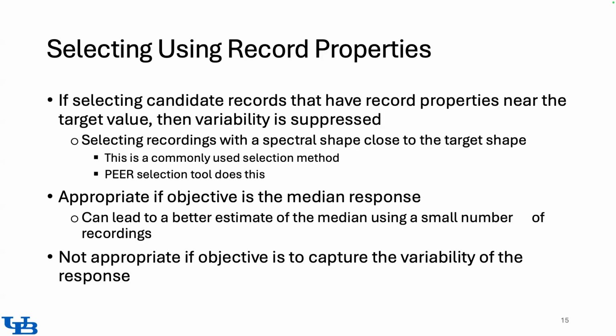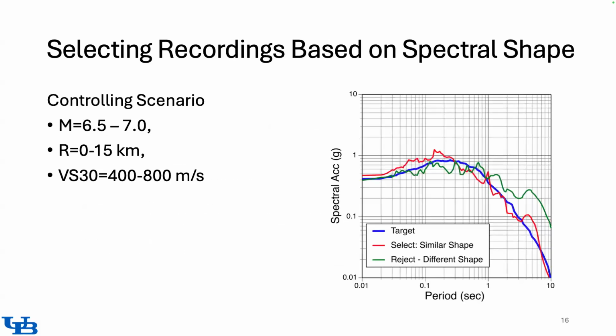Okay, so then since we are already selecting time series based on the spectral shape, someone may ask why simply scale the time series by a factor, and why not modify it slightly so that its frequency content better matches the target spectrum. So here, as an example,